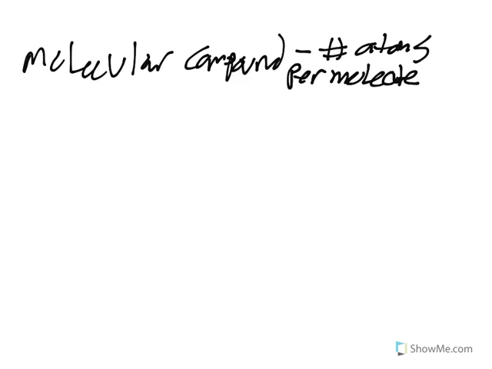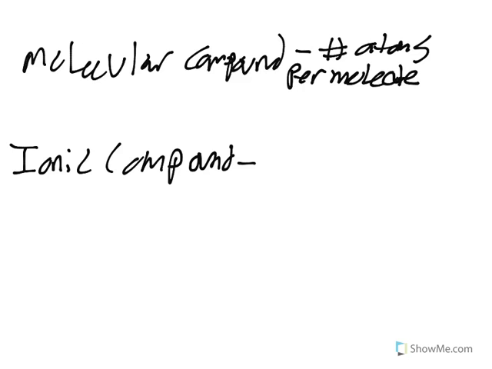In an ionic compound, the chemical formula refers to a lattice of positive and negative ions held together by mutual attraction, and the simplest ratio of these cations to anions. So for me to simplify that,